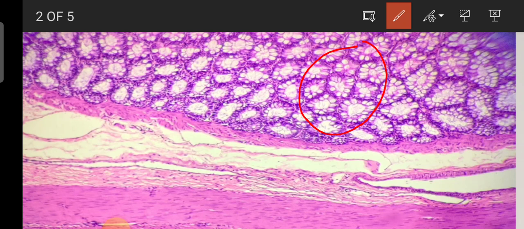These are denoting the goblet cells between them, and here the mucosal folds and villi are absent, and the lamina propria is filled with these intestinal glands. So these are the huge amount of intestinal glands, also known as crypts, which are straight, longer when compared to the small intestine, and these glands are again lined with simple columnar cells with goblet cells and neuroendocrinal cells and